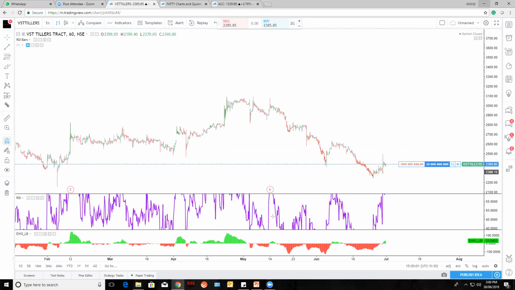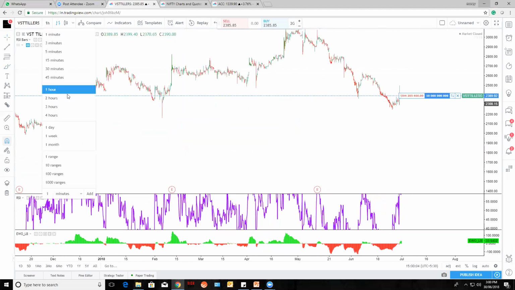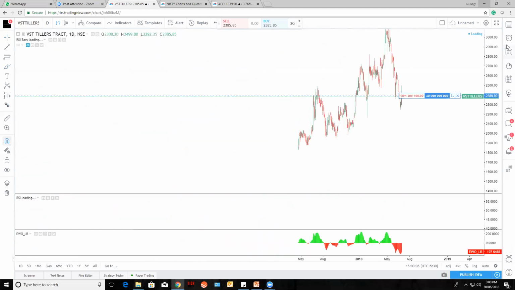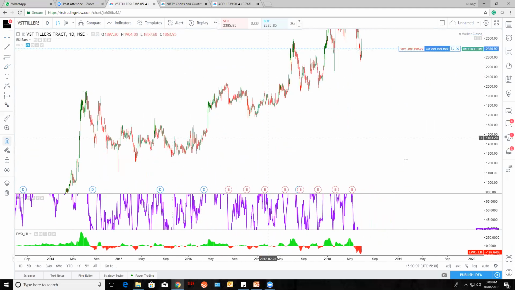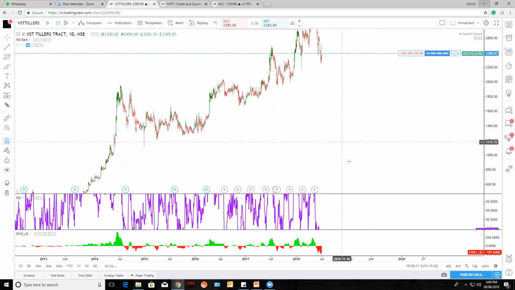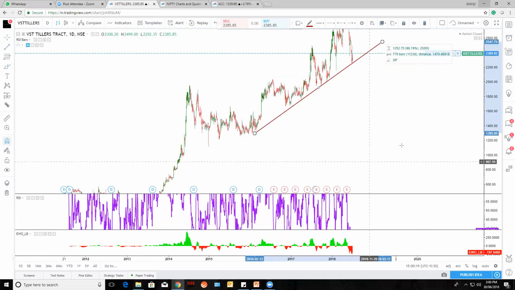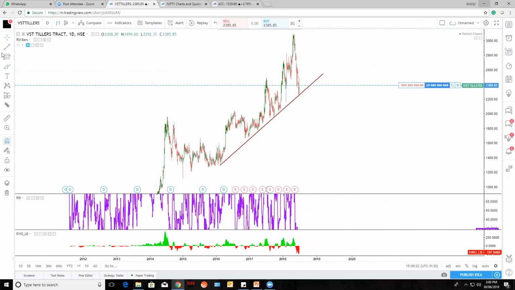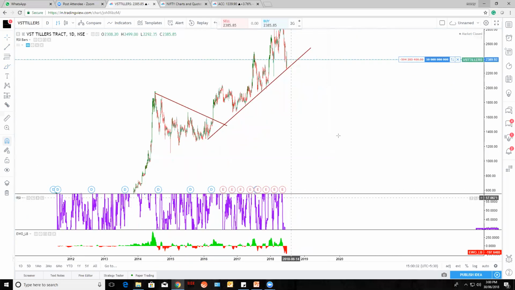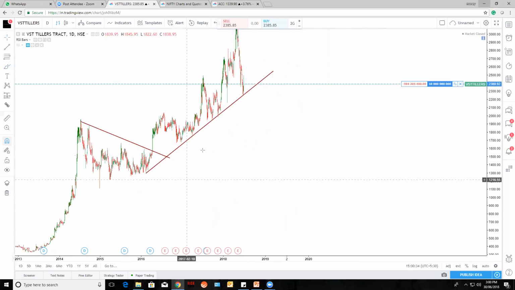For example, let's take this as a trend on this script. To draw the trend line, let's say this is one low, this is a second low. We just need to connect them and pull it across. This is upward. For downward, this is one high, this is a second high, and you need to pull the trend line. So this is an upward trend line, this is a downward trend line.